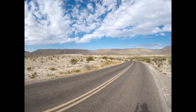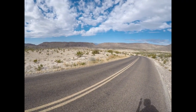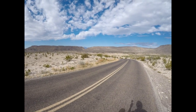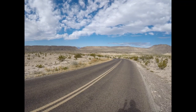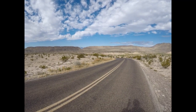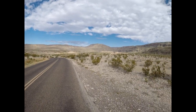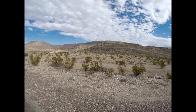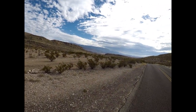Okay, so looking back at the road, that hole there is the tunnel coming into the Rio Grande Village. It's not marked for height, but it looks really high. There's a lot of big fifth wheels that come through it. Well, yeah. But we're walking on the road to Boquillas Crossing, and I don't know if you